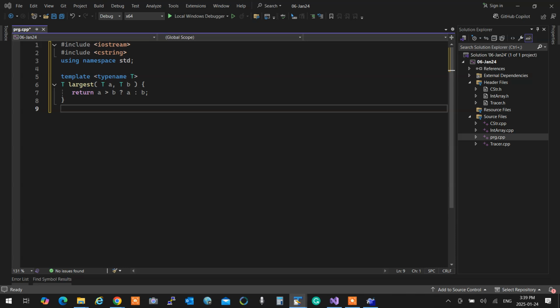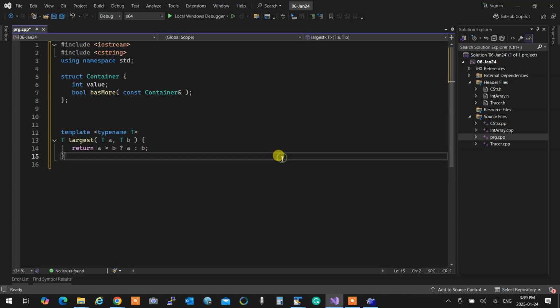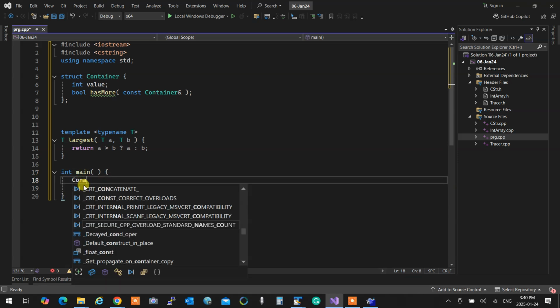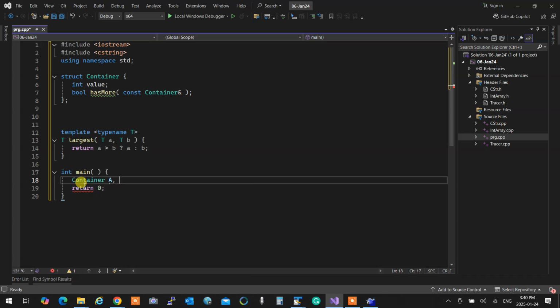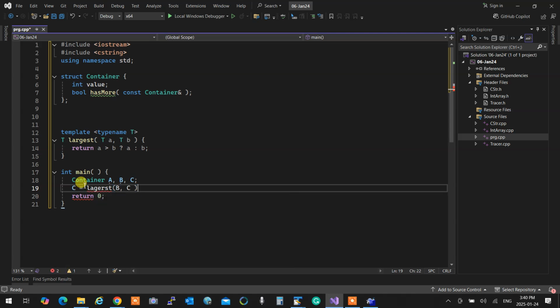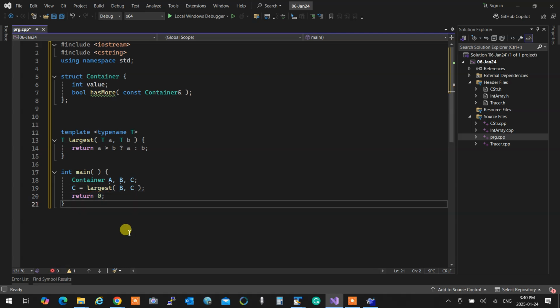Now let's say I have a class called container, and container has a method called hasMore, which compares itself with another container. Now, I want this template to work with this container. I want to be able to use largest, so essentially I want to write something like C largest B, C. I want to do something like this, okay? Obviously this is not going to work